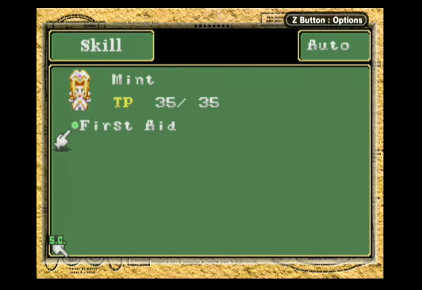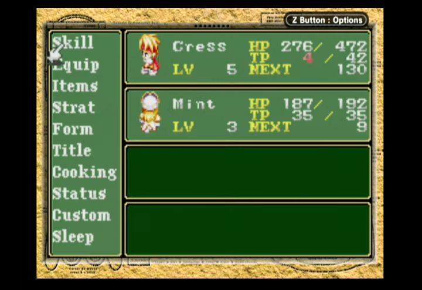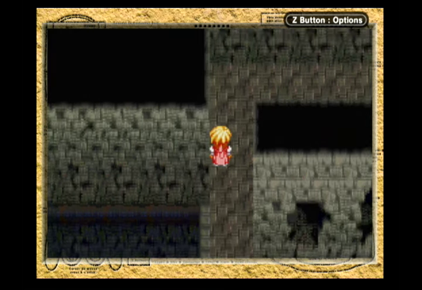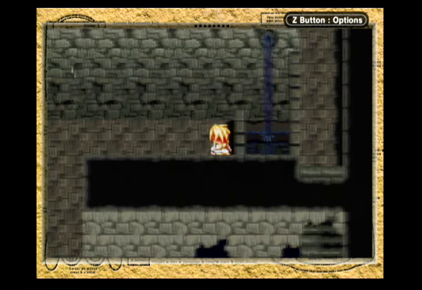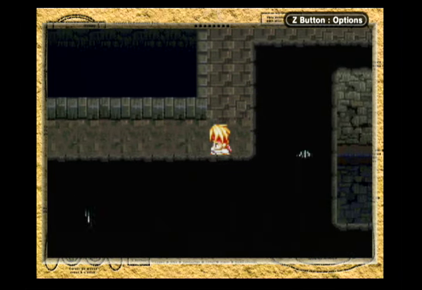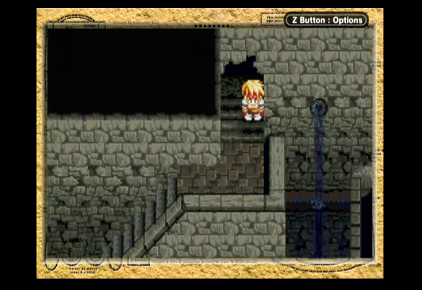With Mint, since she's not a player character, she has all of her skills available. It's kind of an interesting mechanic that this game has, whereas in most RPGs you're able to use any skill that you might have. In this game you can only use 4 if you're controlling a character, so while Mint can use whatever the heck she feels like,